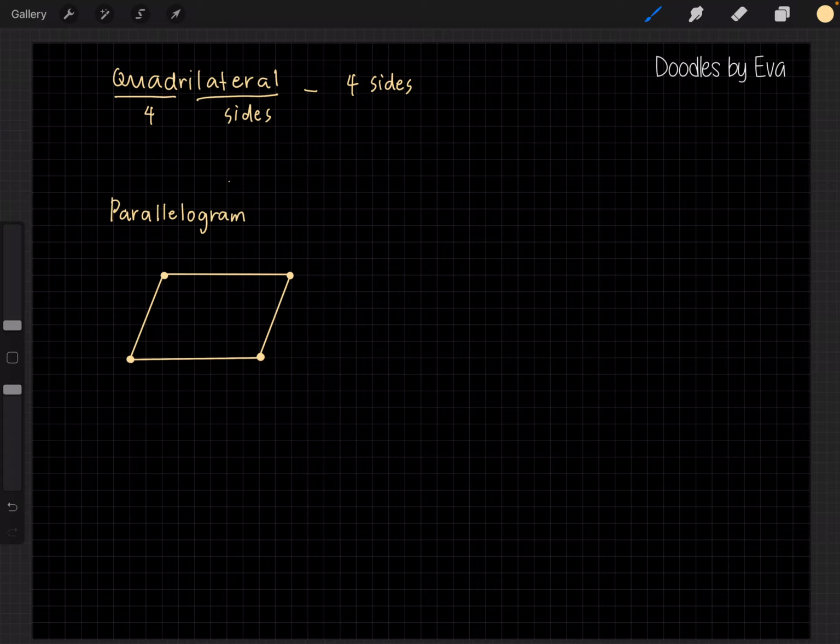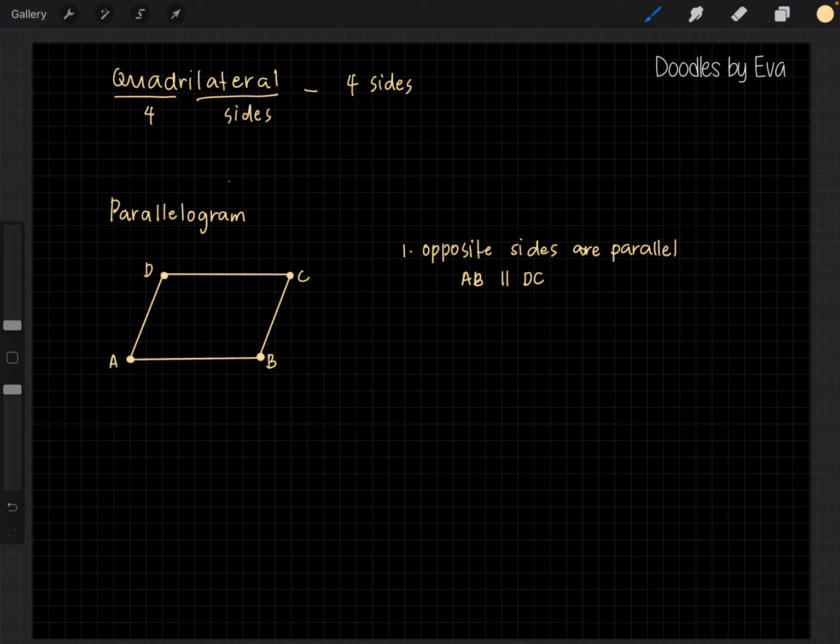And then let's name some points A, B, C, and D. Okay, one property of a parallelogram is opposite sides are parallel. Okay? So what are these sides? Looking at the illustration of a parallelogram, line AB is parallel to line